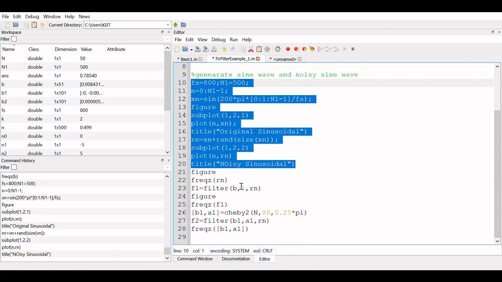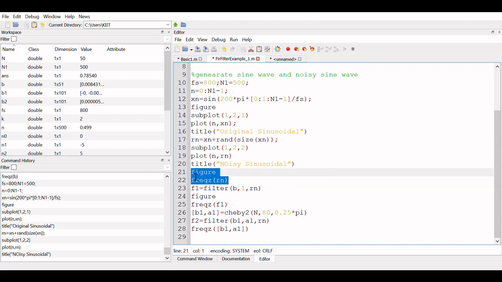Now I am going to apply my filter, right? Forget about this, it is not required. Now suppose I want to apply my filter. I have created a filter object called f1, and I apply the command called filter. It is the same as the MATLAB filter which you have used in experiment number 2 or 3. So filter, then use b, that is my filter object which we have designed already.